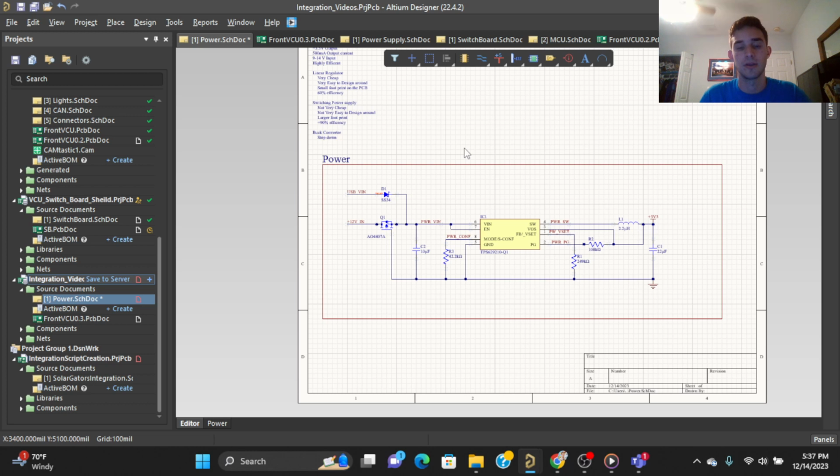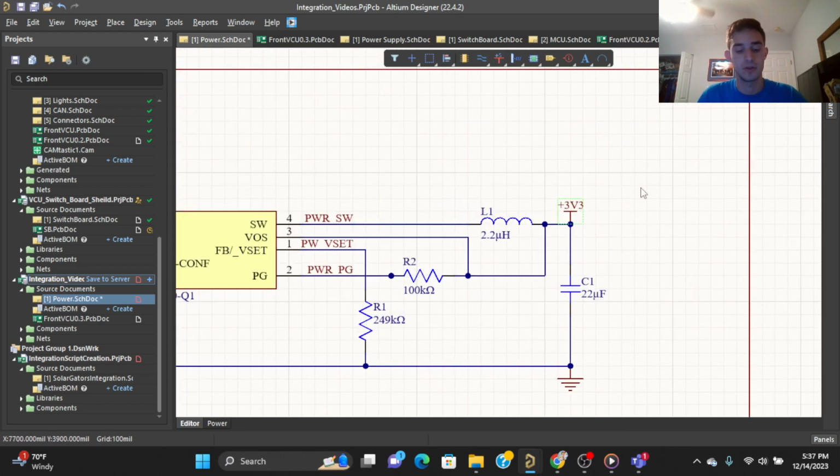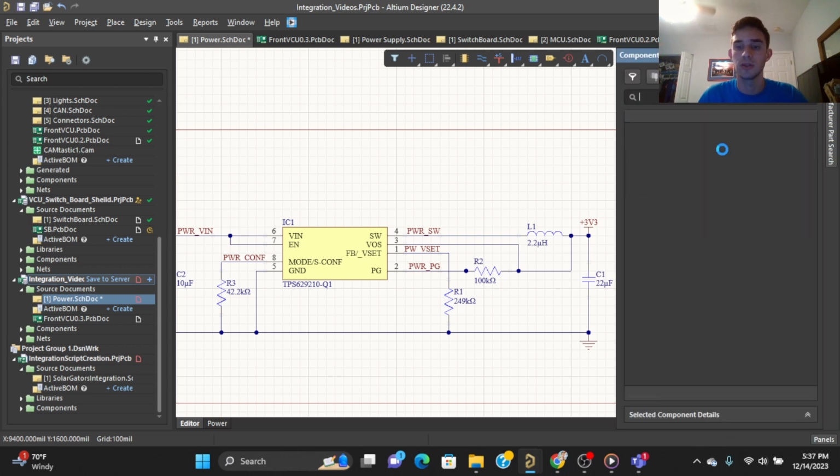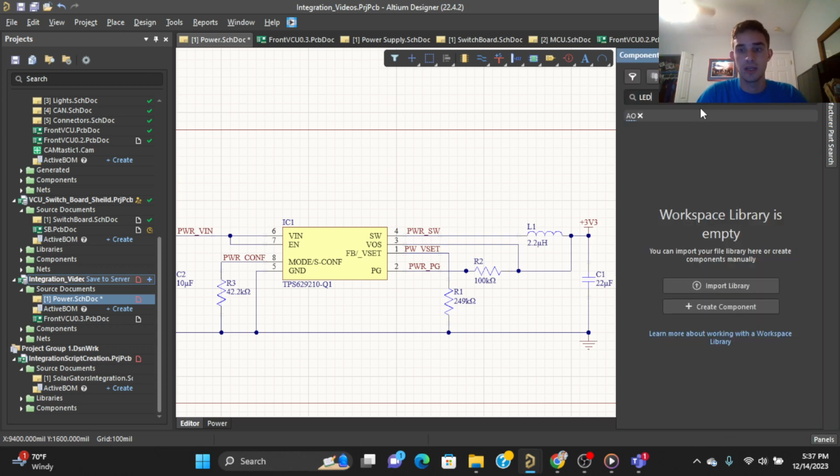On all of our boards, we like to add a power status LED, which is an LED that sits between power and ground on our board and illuminates whenever the board is being properly powered. To do that, it's going to be pretty simple. I'm going to take one of our 3.3 volts labels and copy it, a ground label and copy it, Control C, Control V. And then I'm going to go to Panels, Components, find one of our LEDs,